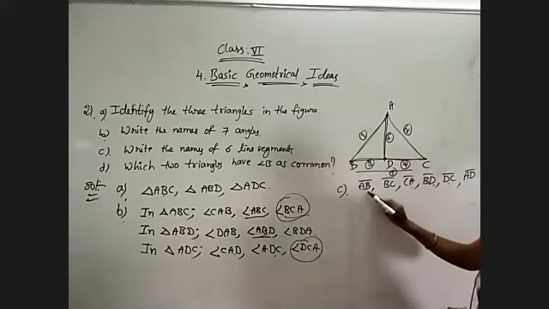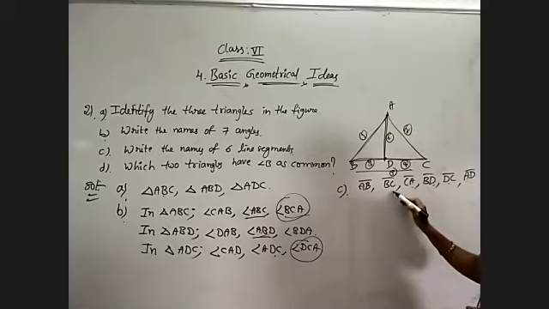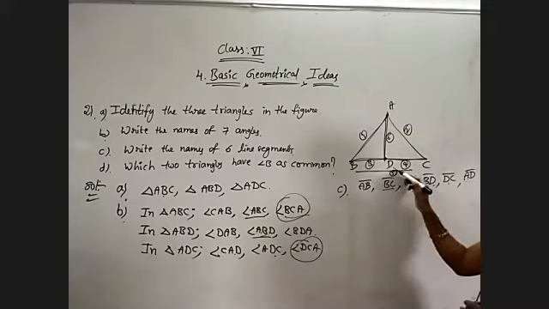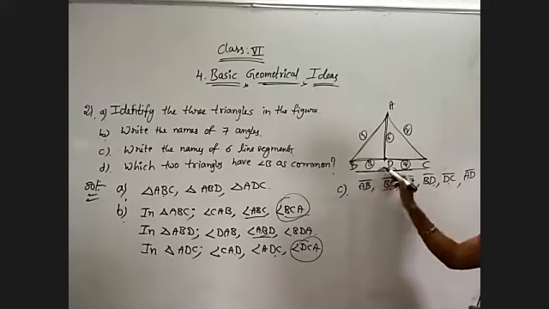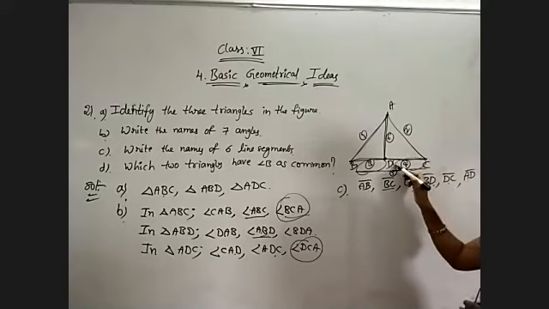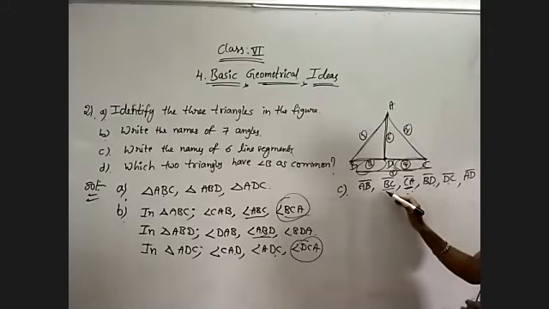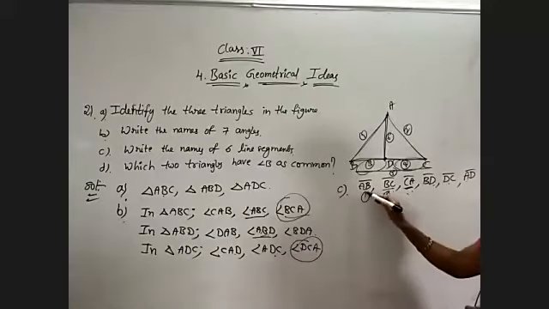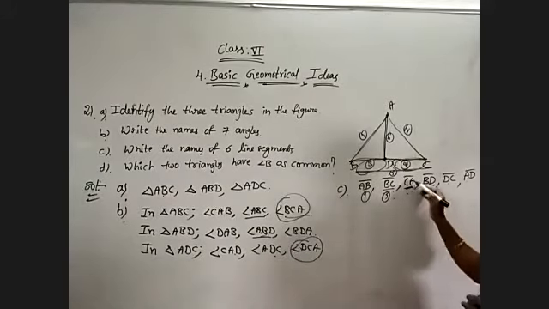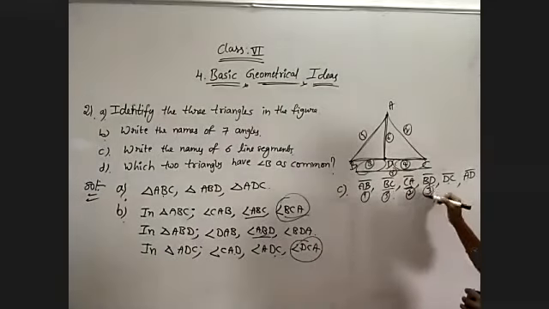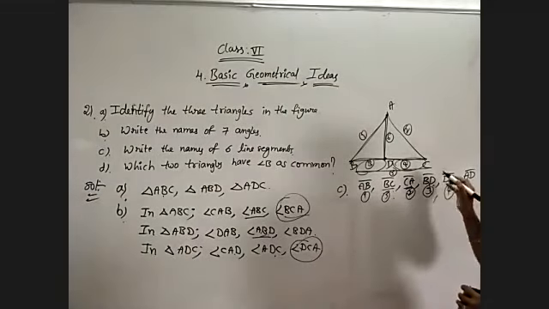Okay. AB, BC, CA. BC is BD plus DC. Just observe, BD and DC. This complete length is BC. This is the fifth one, whatever I have shown. AB is the first one, BC is the fifth one, CA is the second one, BD is the third one, DC is the fourth one, and AD is the sixth one. Like this I have shown.